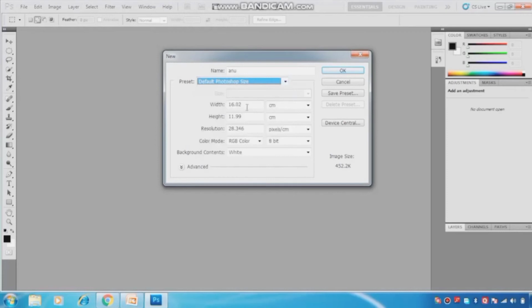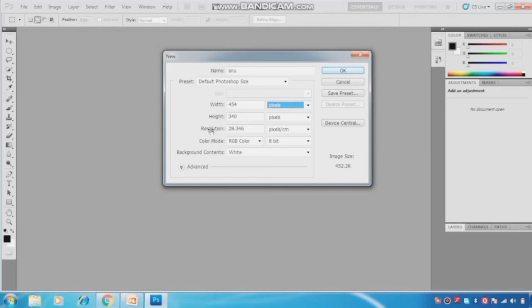Okay, and from here you can select the width also. You can also set the units, pixels, inches, means its measurement, like pixels, and you can also set the height and width of the image.